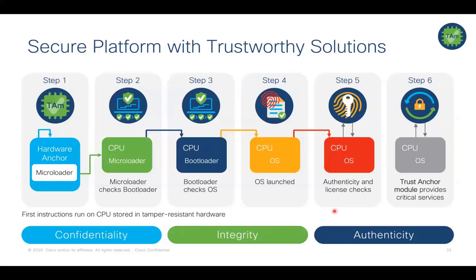Even for the virtual platform like Catalyst 8000V, we have a secure object implementation. As you can imagine, in any virtual form factor, you may not have this type of TAm chip and hardware certificate because it can run on any x86 or VNF hosted service, right? But there also, we get secure object storage to help us assure that nobody can tamper with the behavior of your software based on the running configuration you have there. So it's totally the security at the core that is helping us enable those trustworthy solutions for any platform you choose from the Catalyst 8000 Edge platform family.